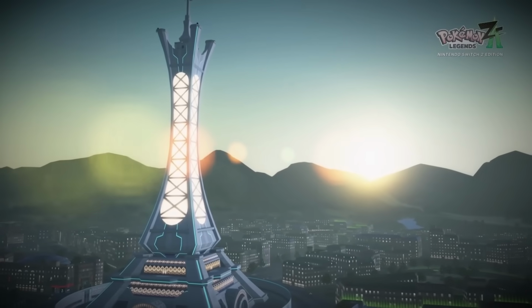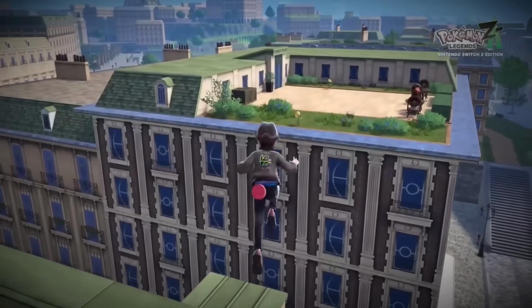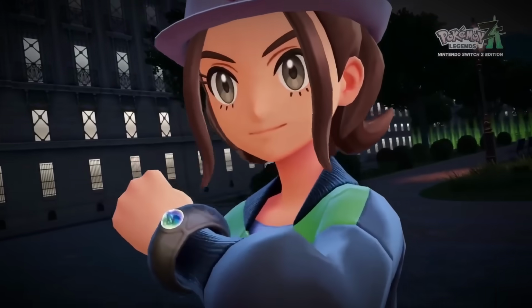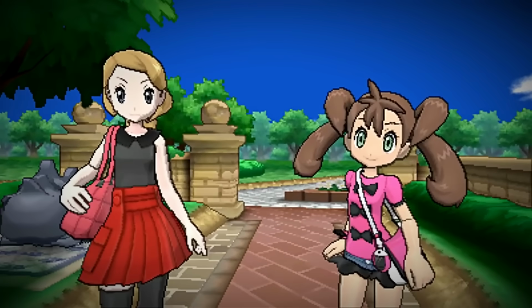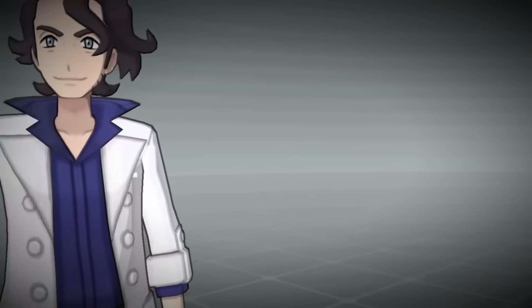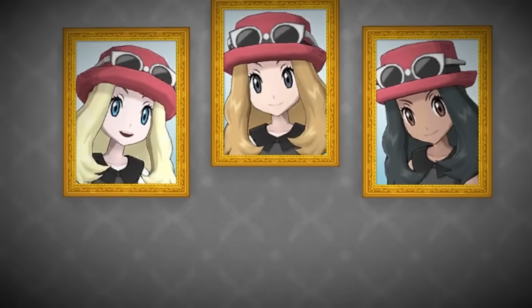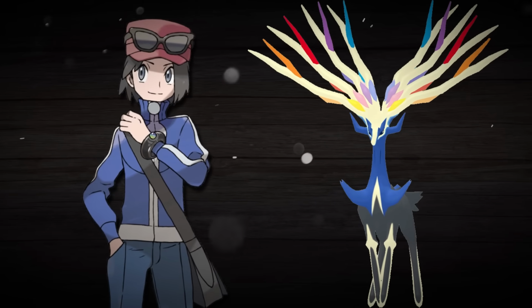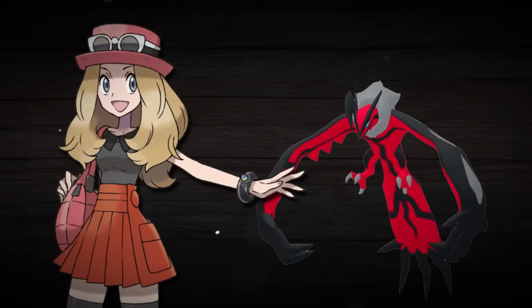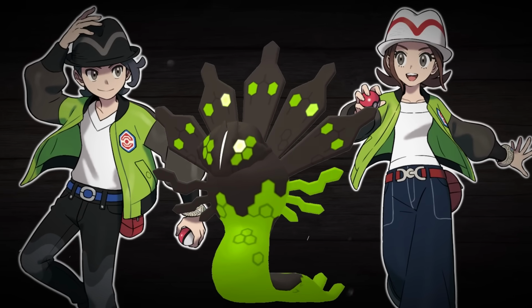Following up Scarlet and Violet, Pokémon Legends ZA is obviously the game that is due to be released next, and a neat thing involving it is that with it in consideration, the player character designs of each one of the Kalos-focused games are actually modeled after each of Kalos' 3 main legendary Pokémon. As Calem's design matches Xerneas, Serena's design matches Yveltal, and now with ZA, the player characters of that game match